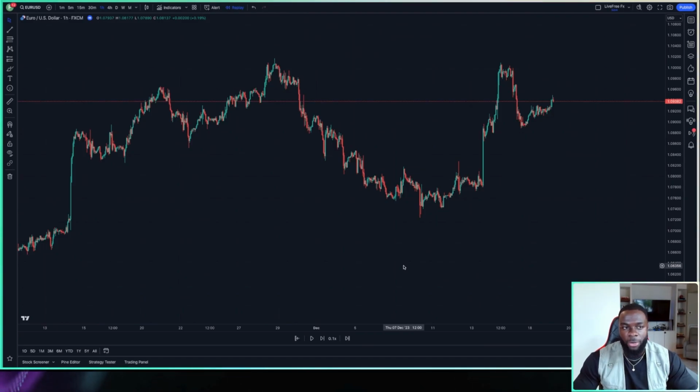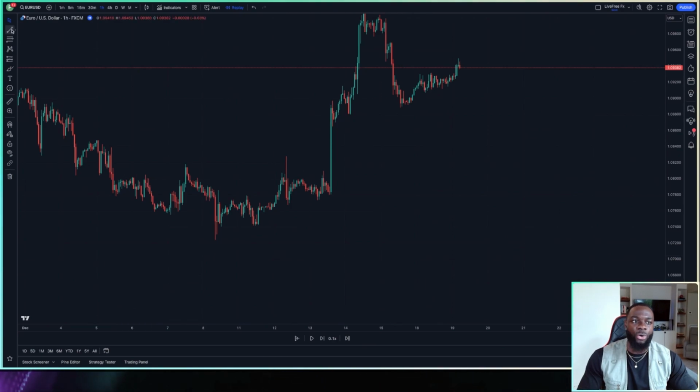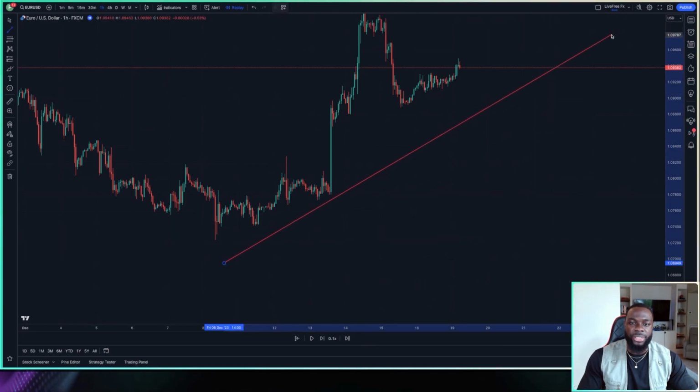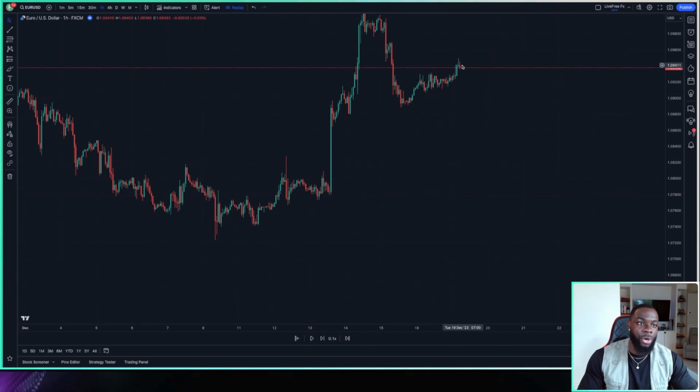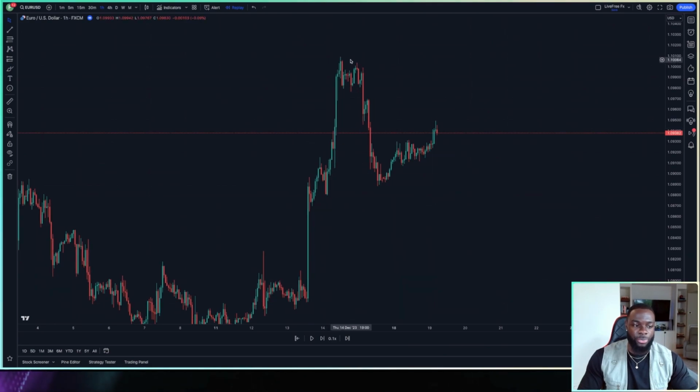As we're taking a look at the market, we are currently on Euro USD 1 hour time frame. Like I said before, when you're scalping, the very first rule is your ability to identify the trend, being able to recognize the trend. And what we see here is that price is making higher highs and higher lows. The market overall is moving to the upside. So automatically, you know that you want to be a buyer, even as you scale to the lower time frame. You want to keep in mind the little detail as well.